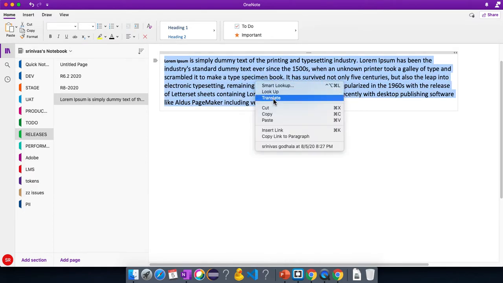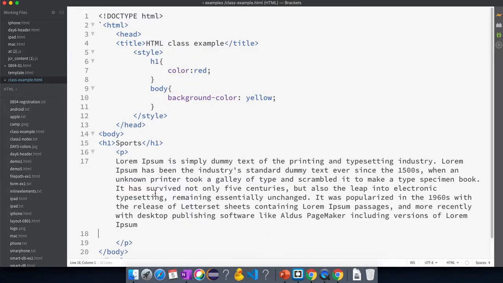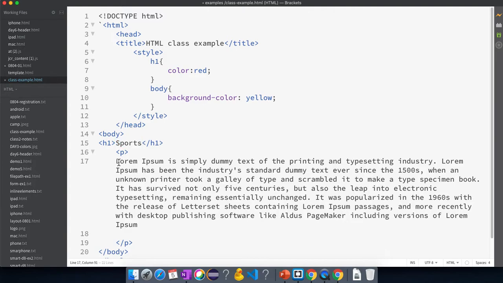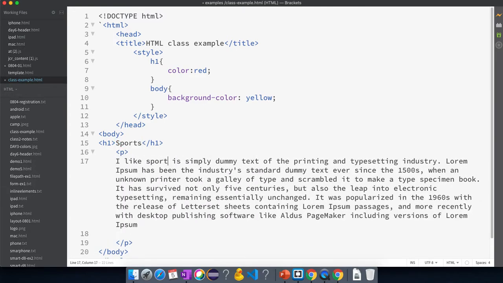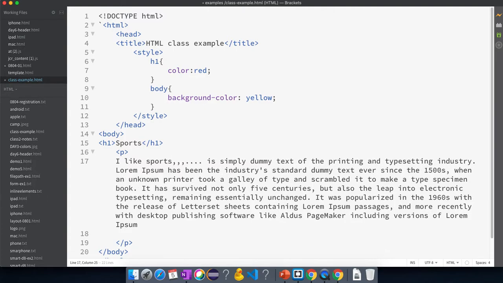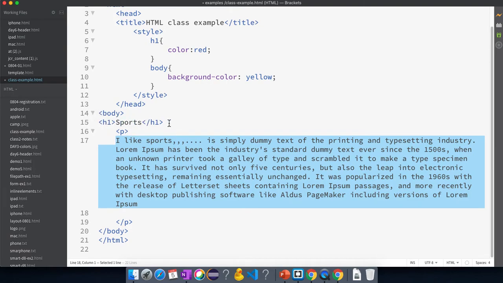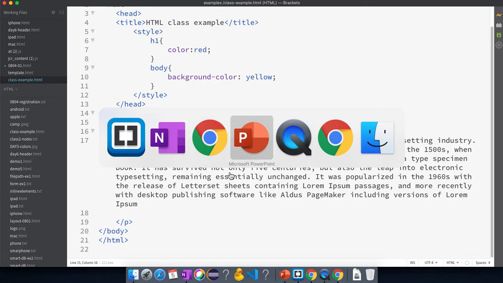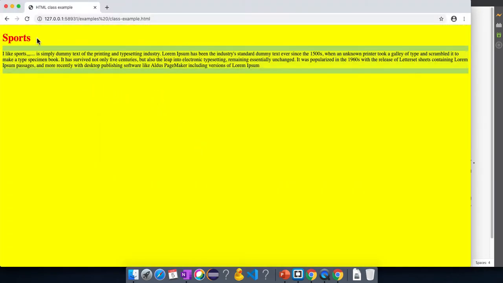I'm just copying this paragraph, and coming back here, I'll paste it. Now I have written a paragraph for sports, something like I like sports. You have written some paragraph related to h1. Let's save this and check it. We got a paragraph related to sports.